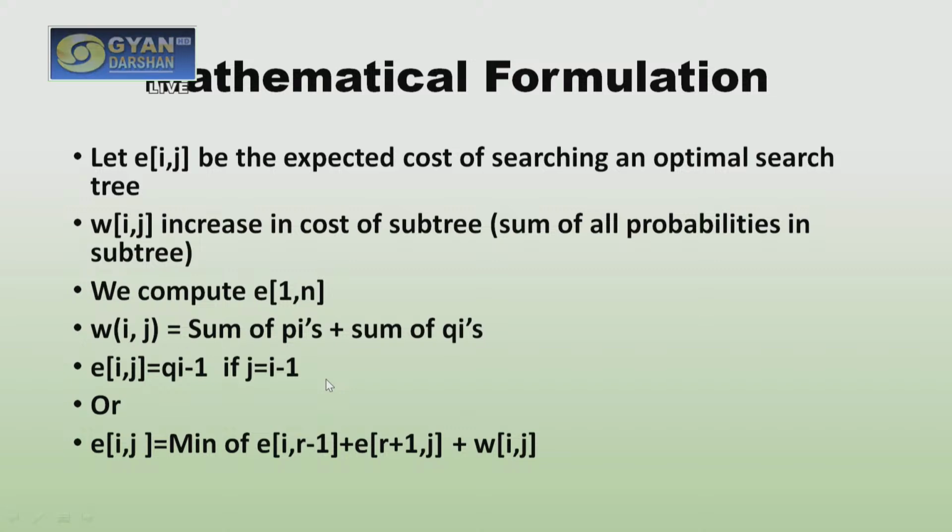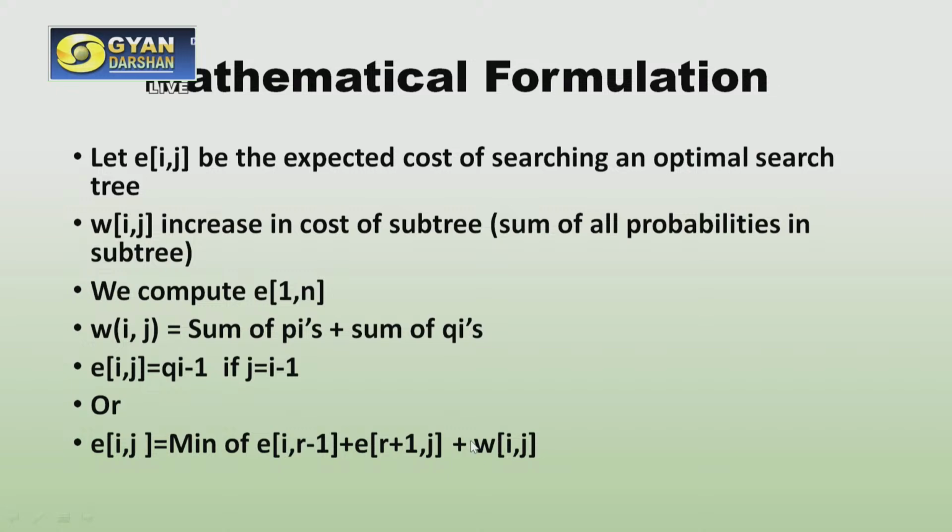What does it mean? We are referring to the tree containing just the dummy key D0. If the tree contains D0, it is represented by i equals 1, that is, the key value 1, comma 0. So E1,0 represents just the cost of D0. Because of these dummy values, the j value can go one less than i. Otherwise, if j is more than this, then Eij is the minimum of